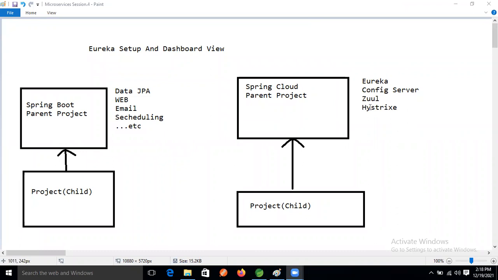So guys, be serious about microservices, and don't bother about the market, what the people are teaching, who is the good teacher, who is the bad teacher. Don't worry about that. Don't think like this, okay, everyone is good, everyone is bad. Some people are doing business, because of that they are extending the subject.